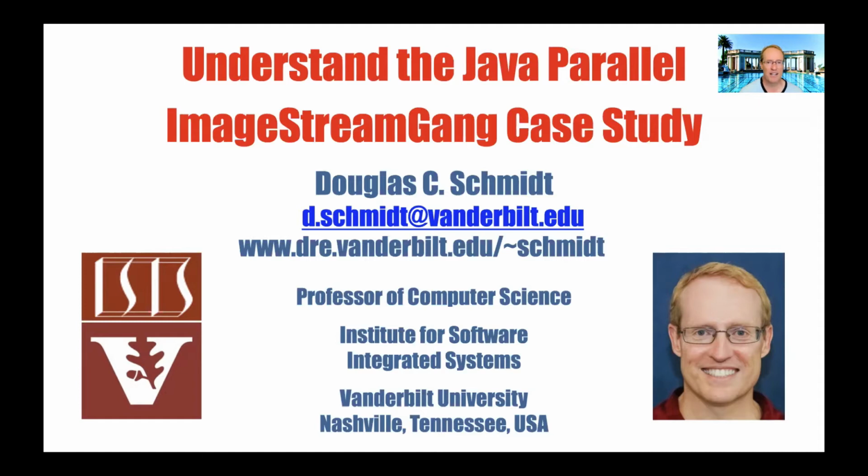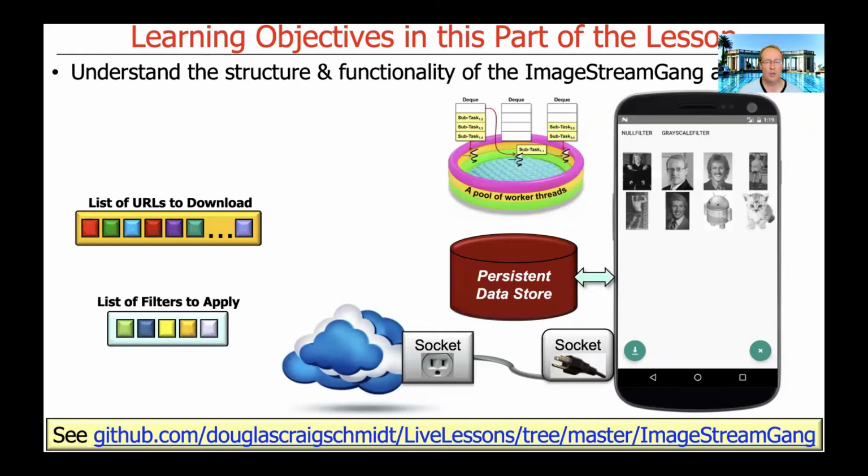There's a reason I'm doing this, because I want you to really be able to do an apples to apples comparison between a parallel stream solution to a set of requirements and the completable futures version, and then we'll compare and contrast them across several different criteria. So we'll start out in this part of the lesson by talking about what the ImageStreamGang's structure and functionality is,